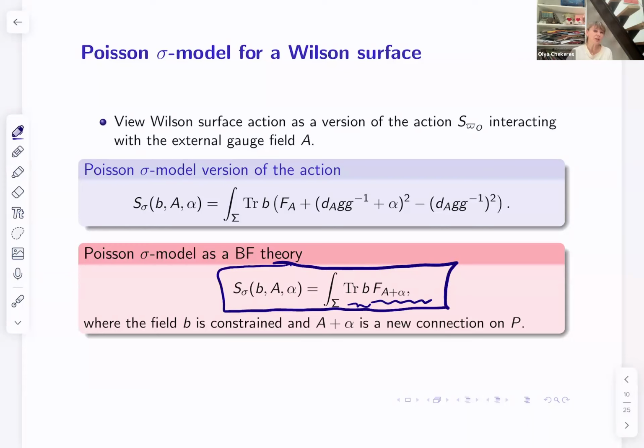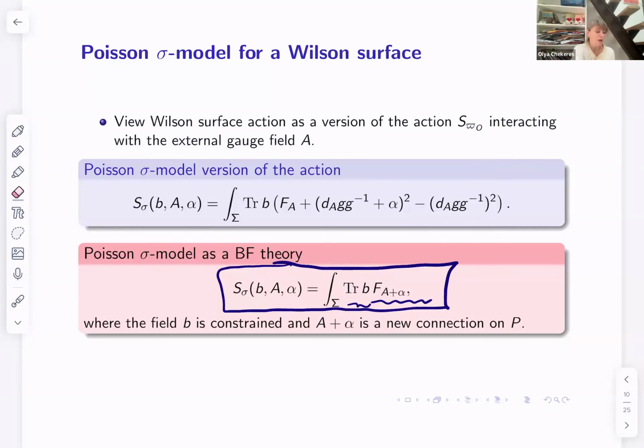And all these transformations are not just for elegance. So we can see it as a Poisson sigma model, which will be useful for generalizations, as we will see later on. And actually rewriting it as a BF theory gives a way to quantize the Wilson surface observable, or a Wilson surface theory, because now, since we have an action corresponding to BF theory, we can also say that we have a topological two-dimensional